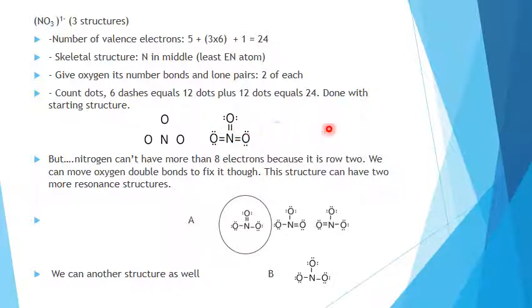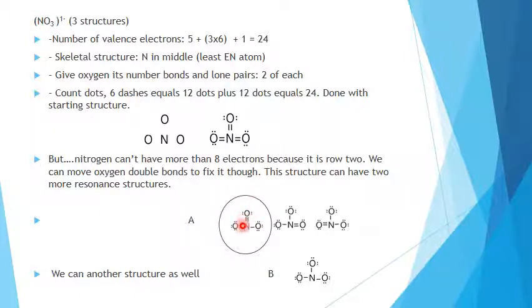But the problem is that nitrogen can't have any more than 8 electrons in its outer shell because it's in the second row. Second row elements cannot have any more than 8 electrons because they have only s and p subshells, and you can only put 8 electrons there. But this is not a hard thing to do. You don't have to cross this out and start all over. All you have to do is manipulate the oxygens, and so you get